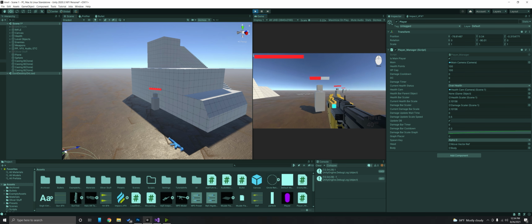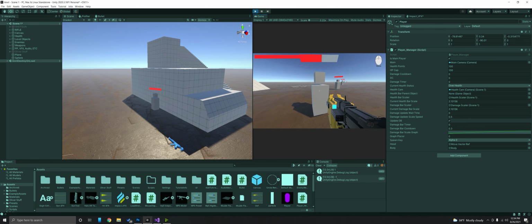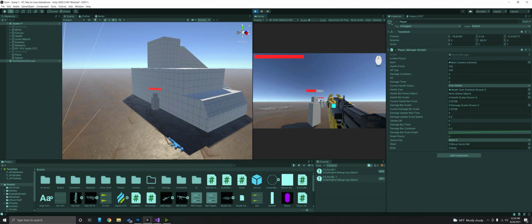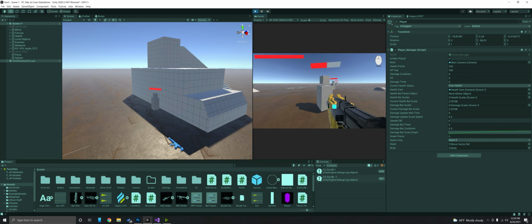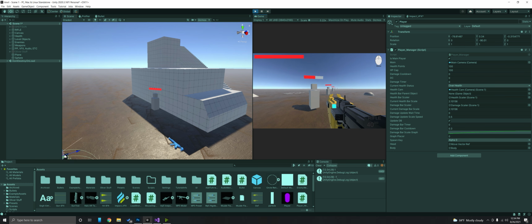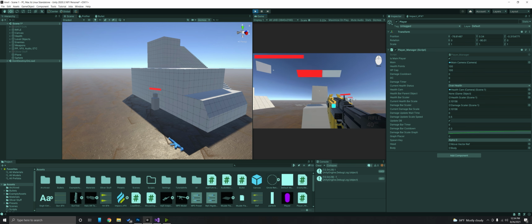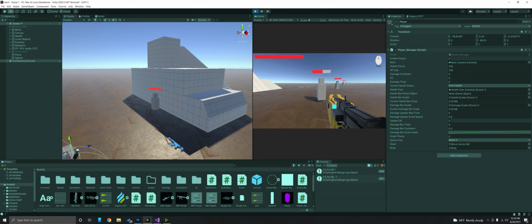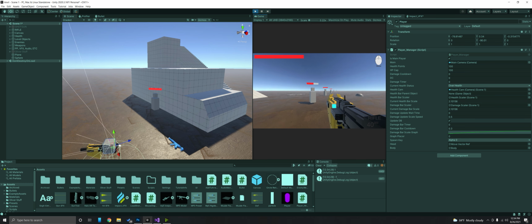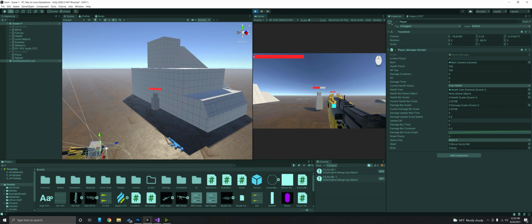But what if I hit them in both sections of their body with the same bullet? What if I shot directly above through the head into their body? It would hit both hitboxes, but we don't want it to apply damage on both of them. We want it to prioritize a damage profile that is using the head multiplier. So we want it to hit the character once and find out did it hit anything critical like a headshot, and only apply damage with that headshot